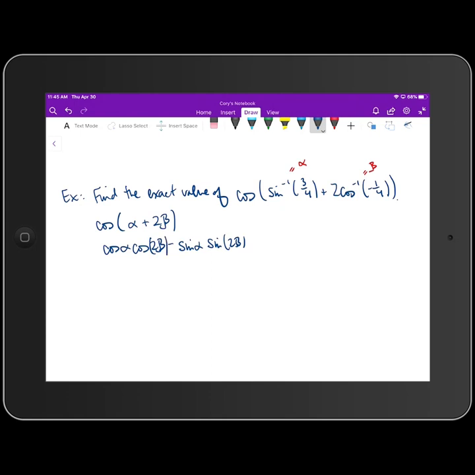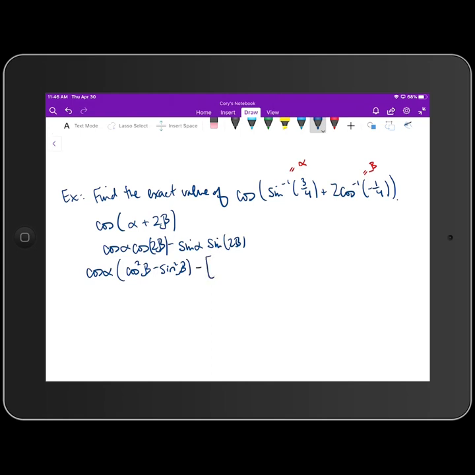Okay, so what we're going to have to do now is rewrite the cosine of 2 beta and the sine of 2 beta in terms of their double angle formulas. So we have the cosine of alpha times the cosine of 2 beta. It doesn't matter which of the 3 double angle formulas we use. I'm going to use the first one, which is cosine squared of beta minus sine squared of beta,